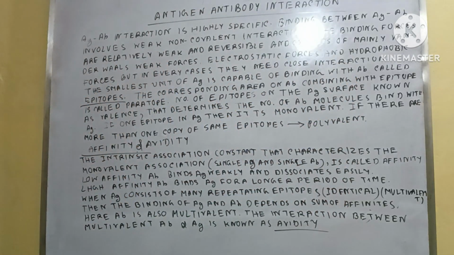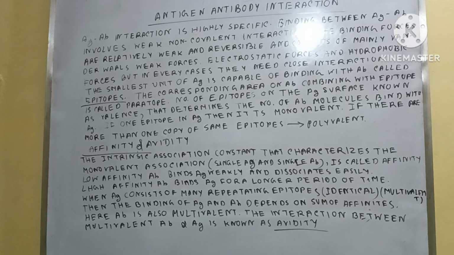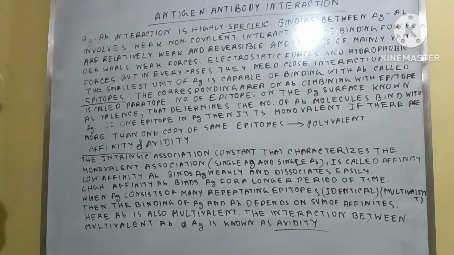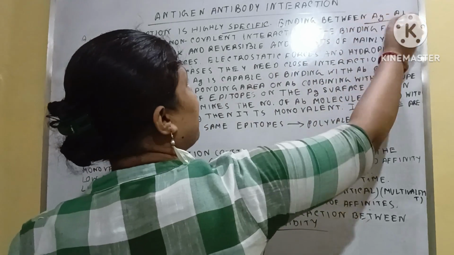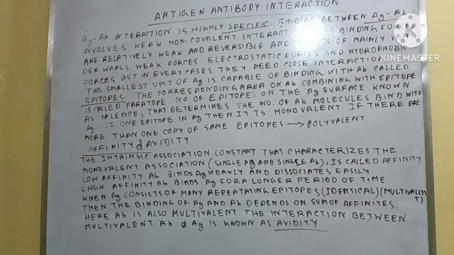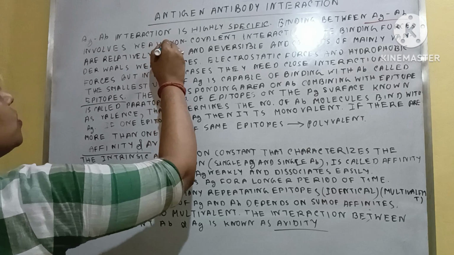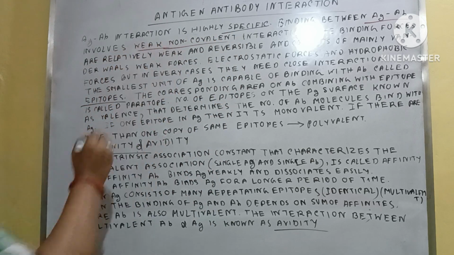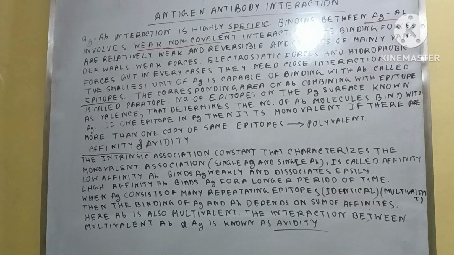Okay, so let's continue. Antigen antibody interaction. What is called the antigen antibody interaction? Antigen antibody interaction means the binding of antigen with the antibody, and this is very specific. The binding between Ag and Ab actually occurs due to the non-covalent interaction. Okay, weak non-covalent interaction, and this interaction may be